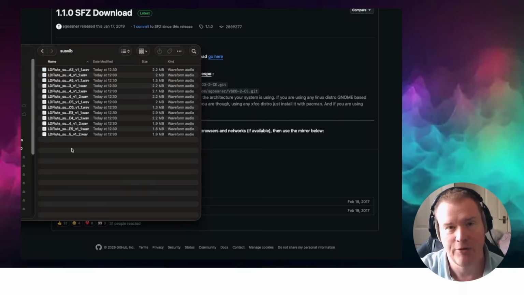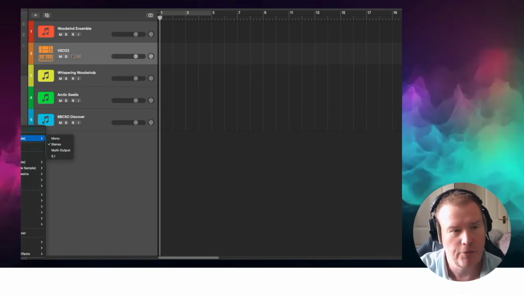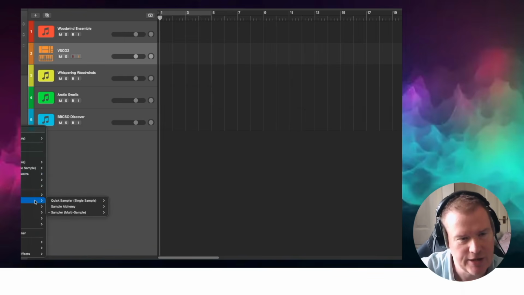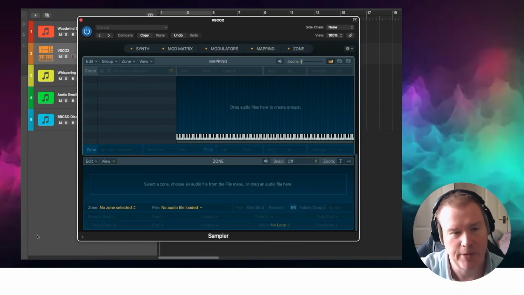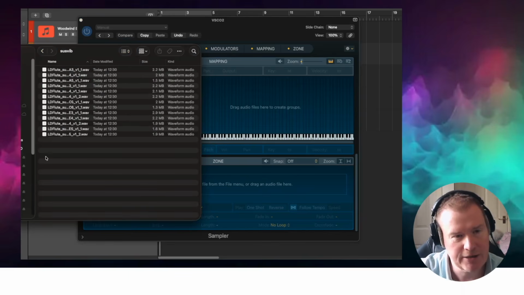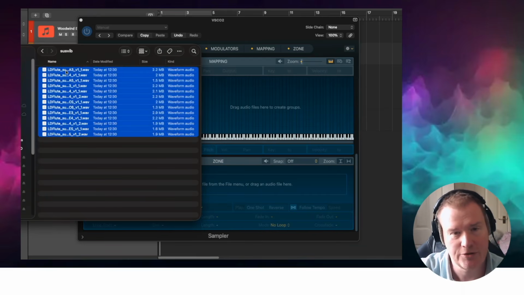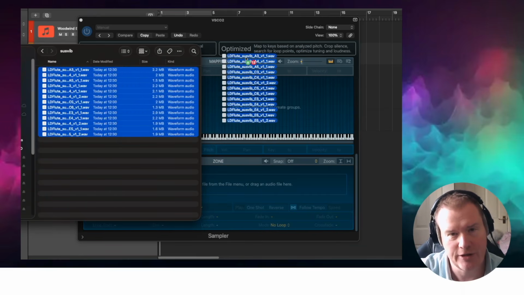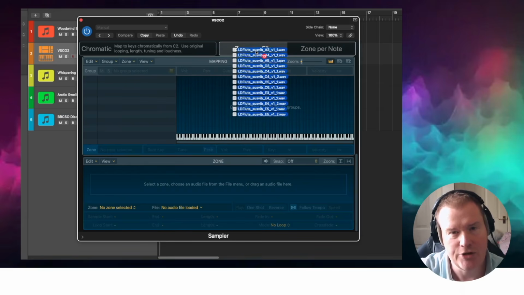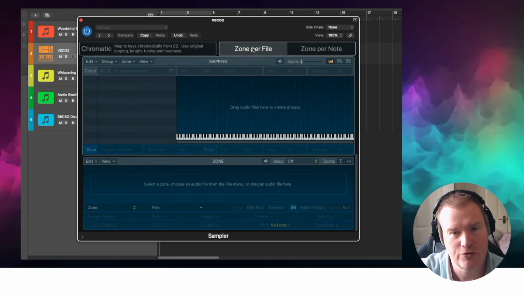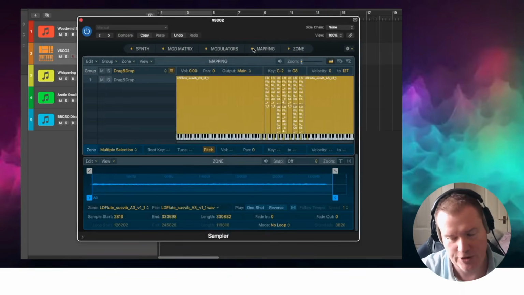Now, this is how I would do it in Logic. From the instrument plugin, what I'm going to do is choose the multi-sample sampler in stereo. And when that appears, all I'm going to do is go back to my library, select all the WAV files and drag them onto the sampler. And we're going to do zone per file. Drop that on there, it imports them, and suddenly